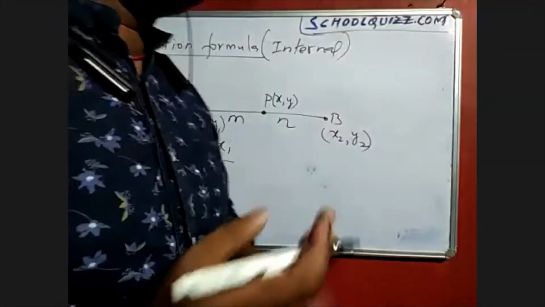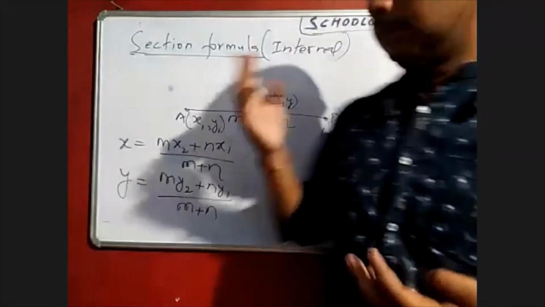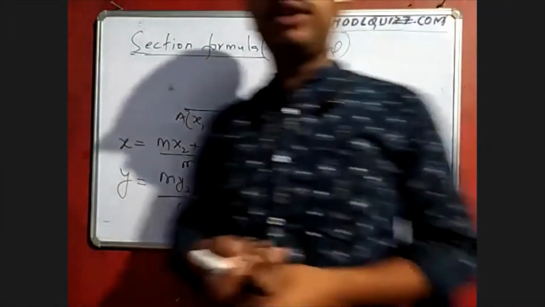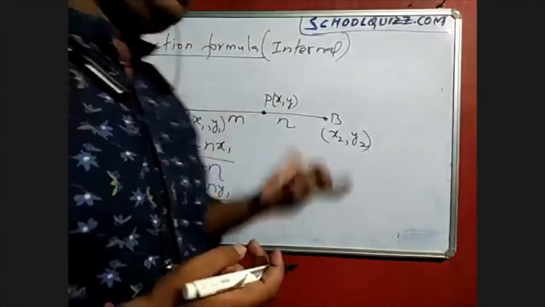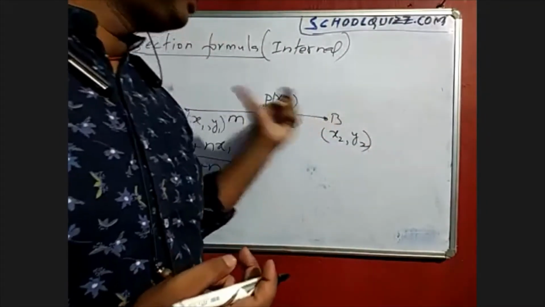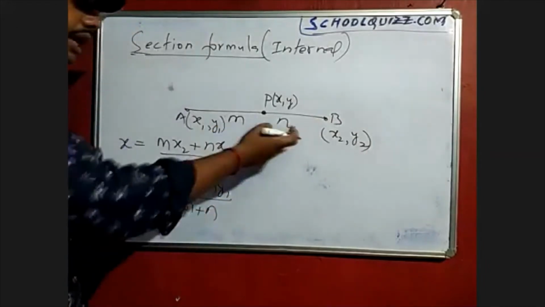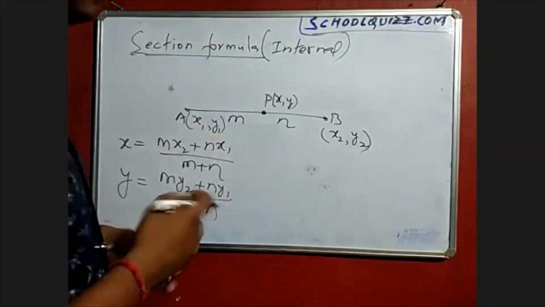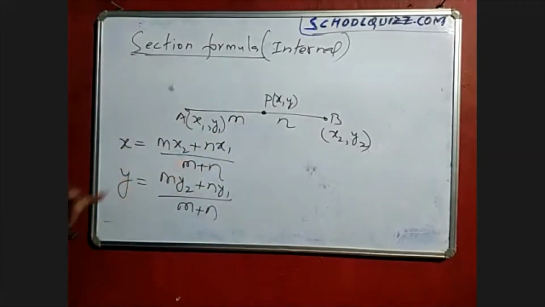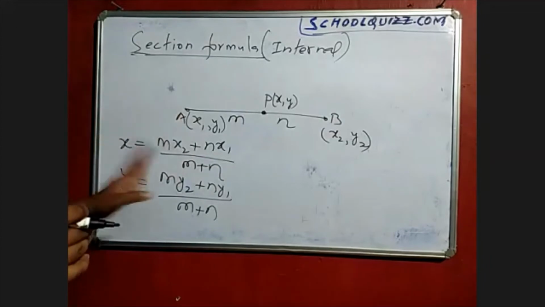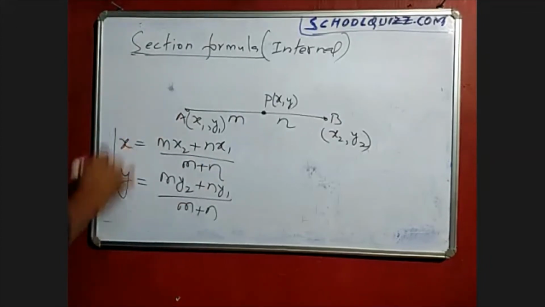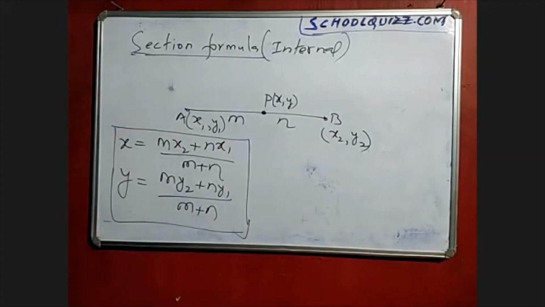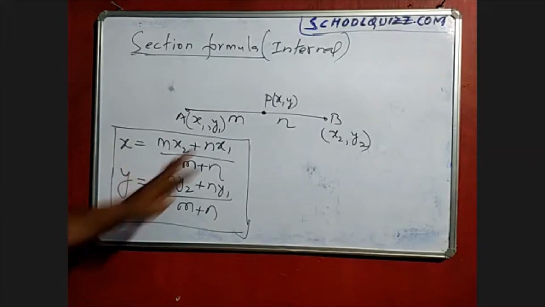Those who are preparing for IIT JEE, even in foundation classes, they don't regard those things, because whatever terms I'm going to discuss here, we will discuss everything here only. That means calculating the m and n ratio, and how to calculate these coordinates. Sometimes they will give you m and n and ask you to find the coordinate of A also. Whatever the case, we have this formula and we will follow the same formula to find everything, the ratios as well as the points.